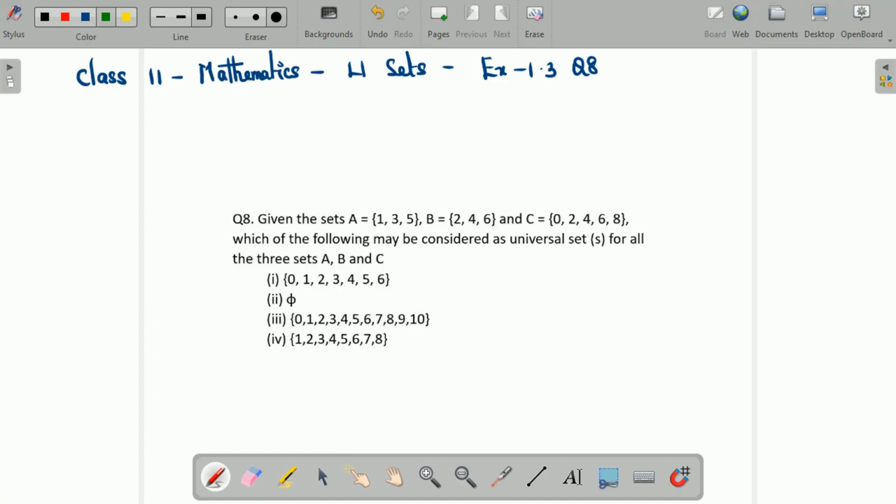In this video, let's find the solution for the 8th question in exercise 1.3. Given the sets A is equal to {1, 3, 5}, B is {2, 4, 6} and C is {0, 2, 4, 6, 8}, which of the following may be considered as universal sets or sets for all the three sets